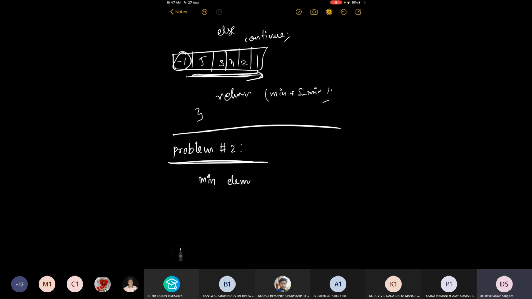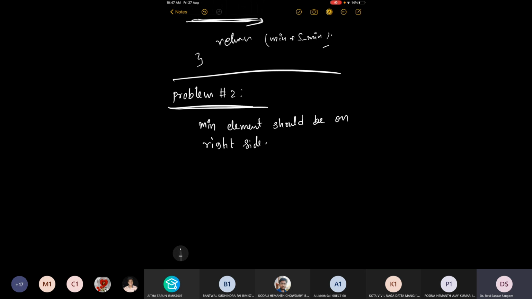minimum element should be on right side. Understand this? In that minimum pair sum, the minimum element should be on right side.